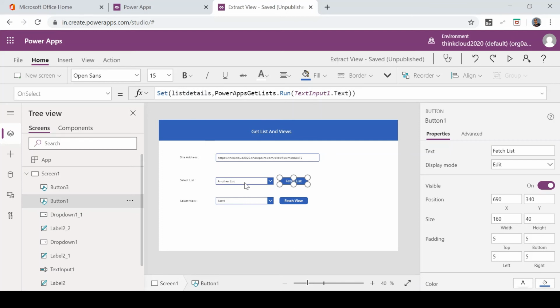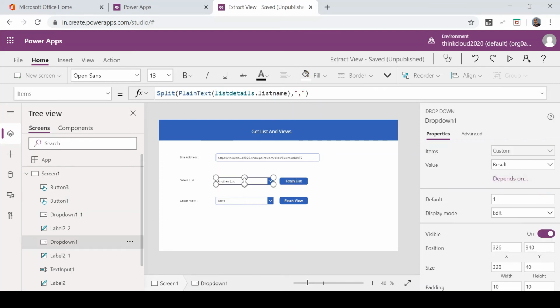Now what I am doing, I am simply using this list details dot list name and I am splitting those by comma using plain text, and as soon as we click on the fetch list button it will populate all the list names under this particular site.